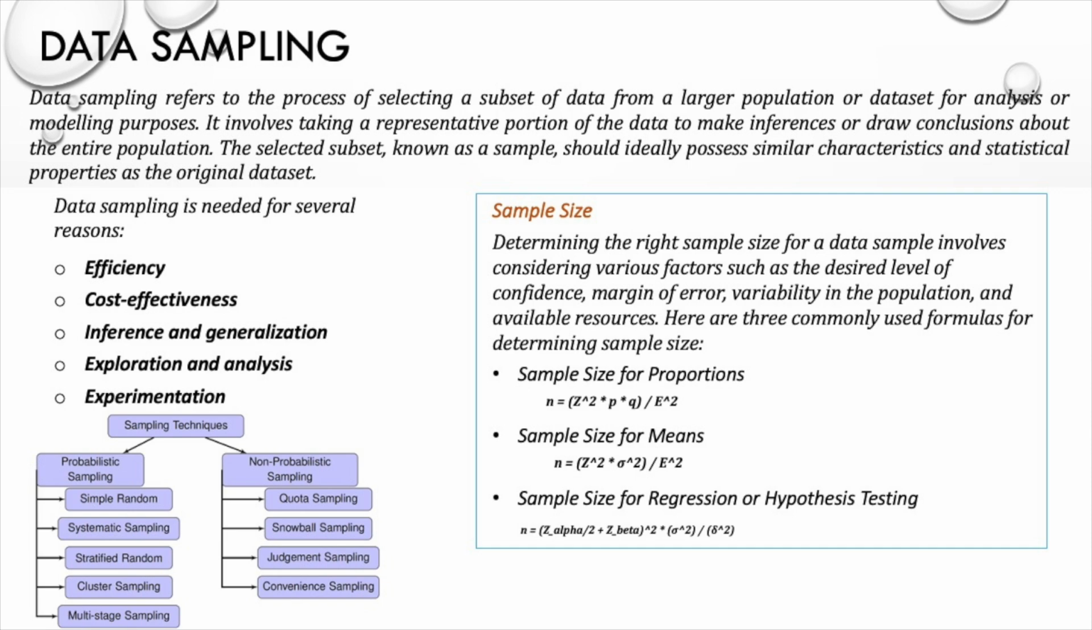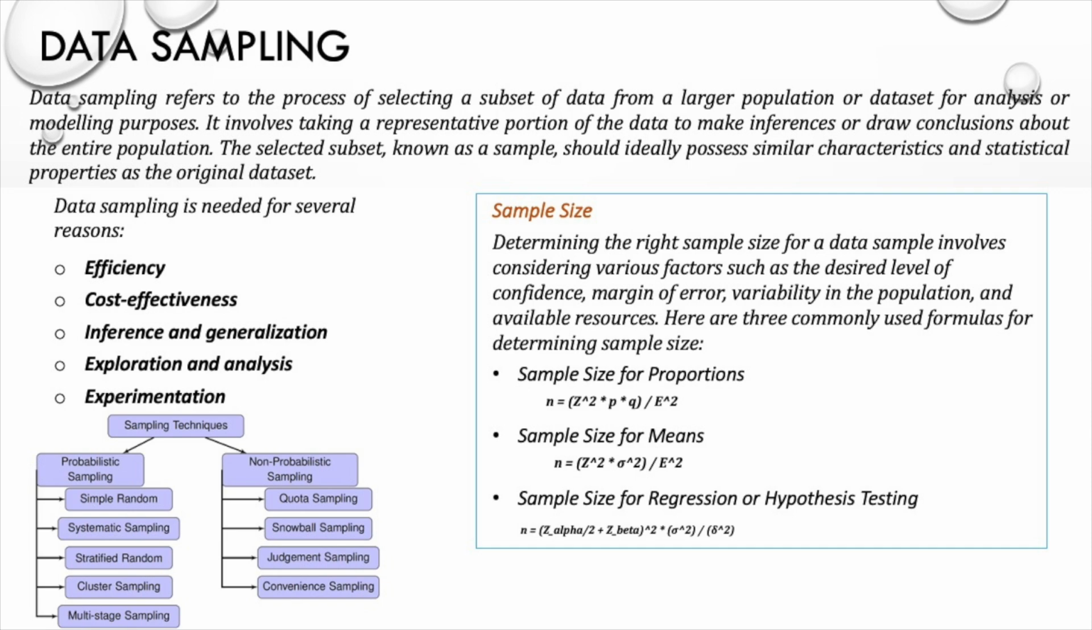Z_beta is the z-score corresponding to the desired statistical power, e.g., 0.84 for 80% power. Sigma is the standard deviation of the population; if unknown, an estimate from a pilot study or previous research can be used. Delta is the effect size, the difference in means or regression coefficient. This formula provides an estimate of the sample size required to achieve a desired statistical power for hypothesis testing or